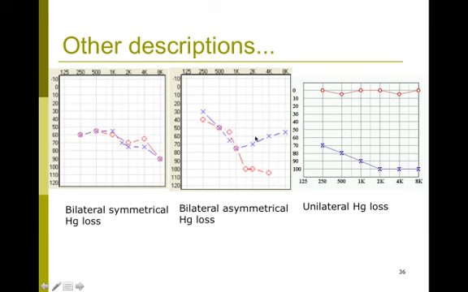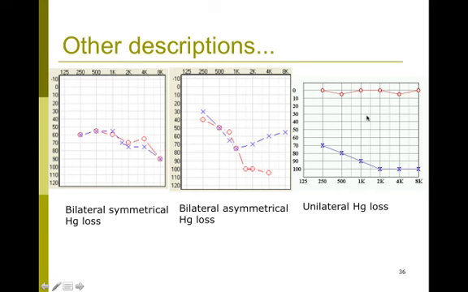And adjacent to that is a bilateral hearing loss that's asymmetrical. In this case, the right ear is the poorer ear, and the left ear would be the better ear. So just a point: if we were to find such thresholds for air conduction in this patient, you would begin the bone conduction on the better ear, so your bone vibrator would be placed on the left mastoid in this case.